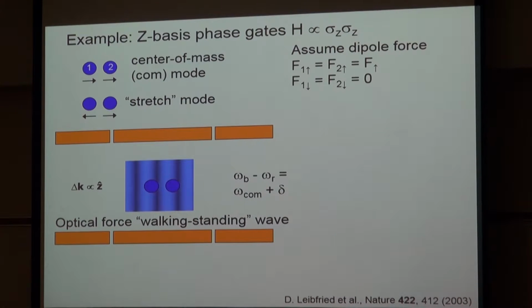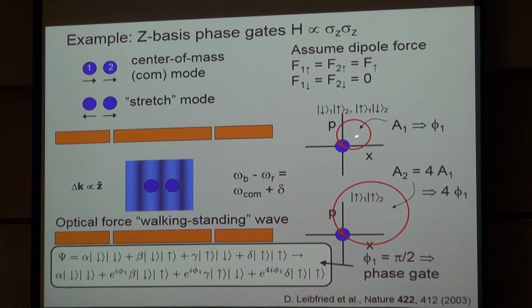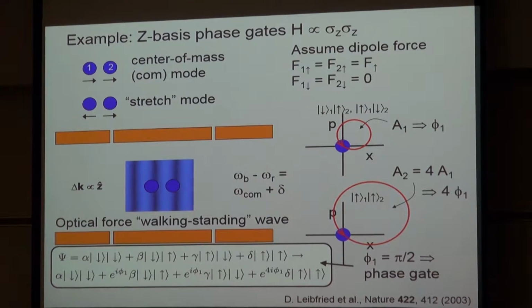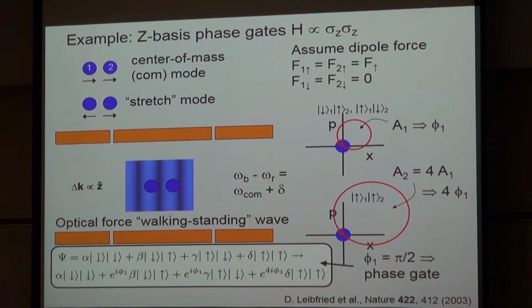But in any case, what we end up with in this phase picture is that we're detuned slightly from the resonance, and so this force on the ions in phase space causes the ions to go around a circle. And then for this particular example,